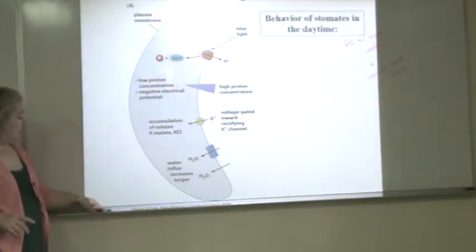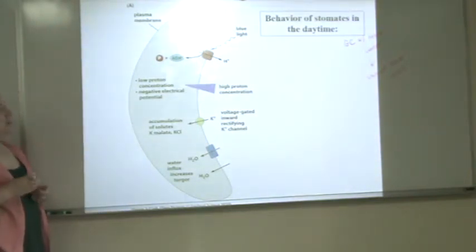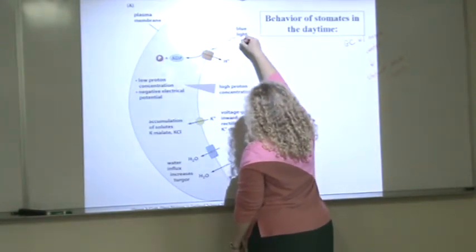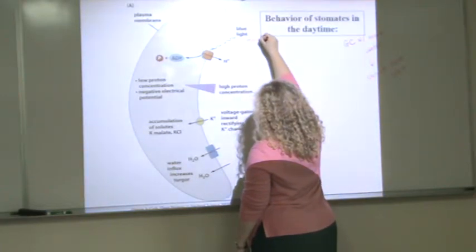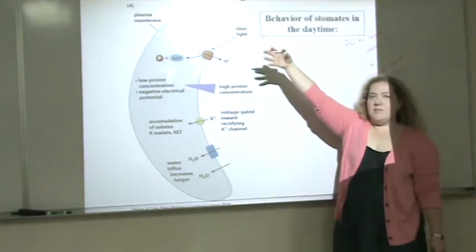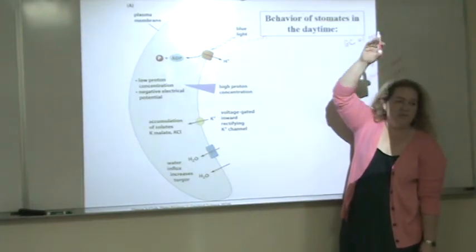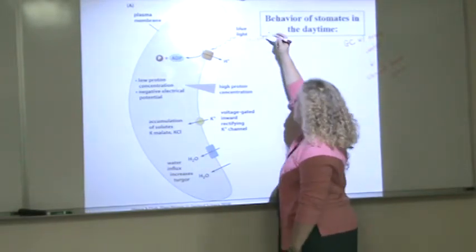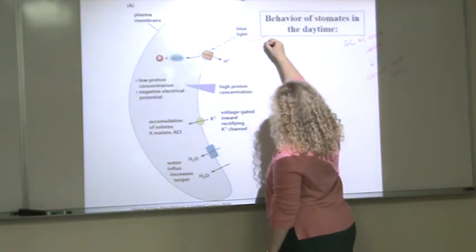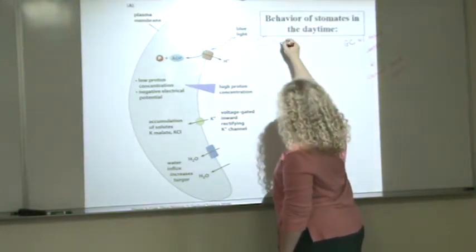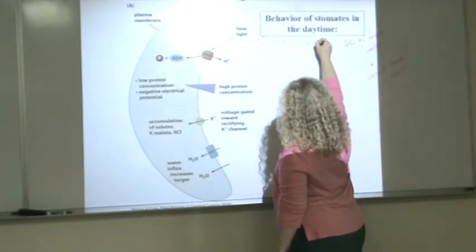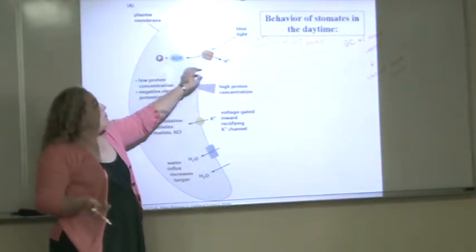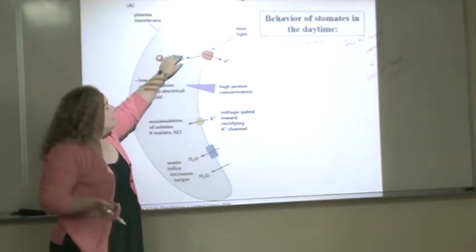And they have a cool system for opening stomates in the day. They have proton pumps that are upregulated by blue light. Blue light, like within daylight, it's a mixture of colors. The blue wavelength of light upregulates the proton pump. It makes it more active. That's an excellent system. Lights are on, proton pump works faster, and